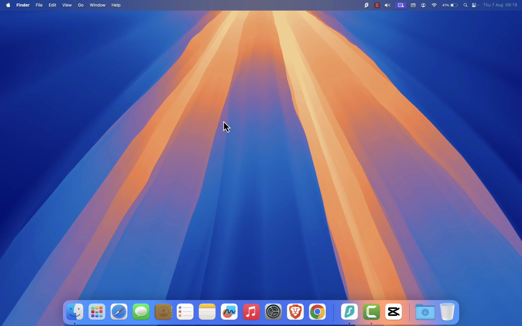Hey everyone! In this quick tutorial, I'll show you how to enable cookies in Safari on your Mac. If you're trying to visit a website and get a message saying cookies must be enabled, this is the fix